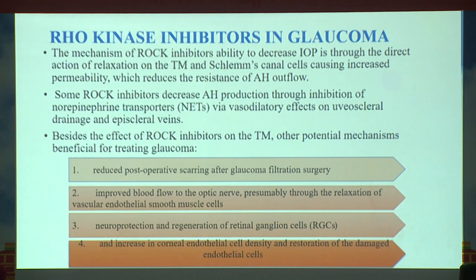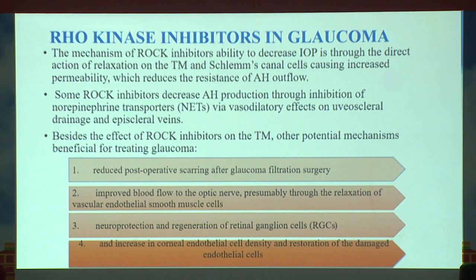So, ROCK kinase inhibitors in glaucoma. The mechanism of ROCK inhibitors' ability to decrease IOP is through the direct action of relaxation in the trabecular meshwork and Schlemm's canal cells, causing increased permeability, which reduces the resistance of aqueous humor outflow. Some ROCK inhibitors decrease aqueous humor production through inhibition of norepinephrine transporters via vasodilatory effects on uveoscleral drainage and episcleral